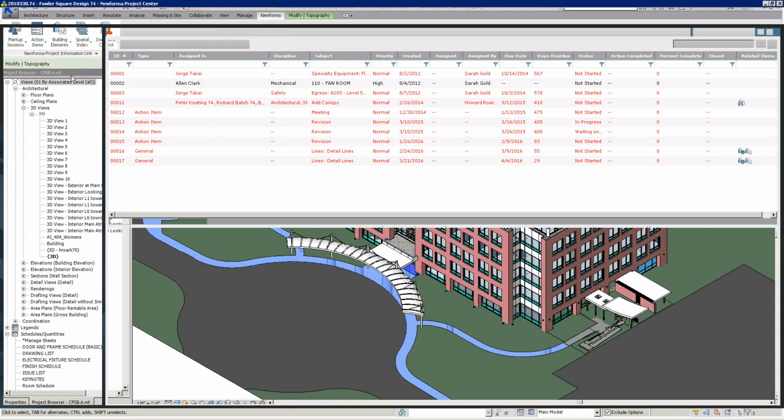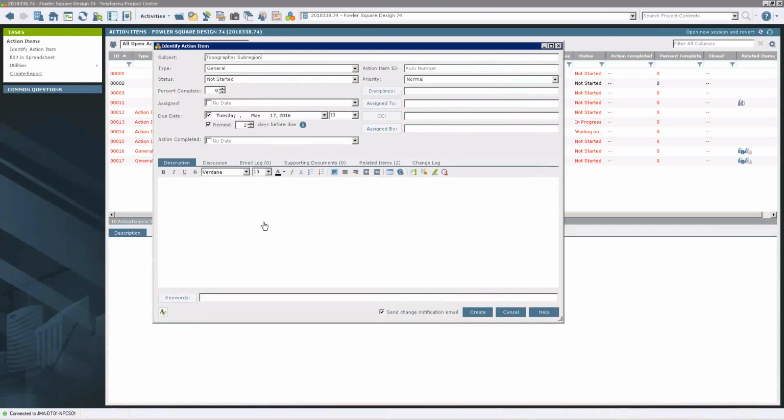If I choose that option, it will pop open the action item. In this case it chose topography subregion, but if I just close that out,